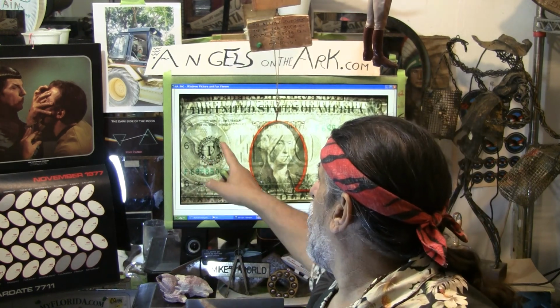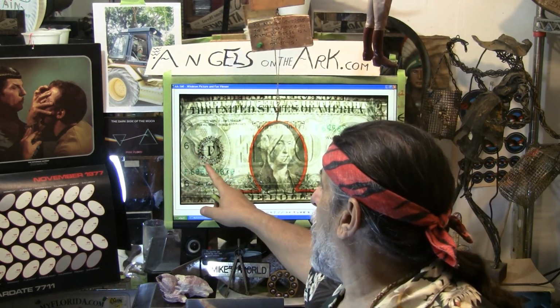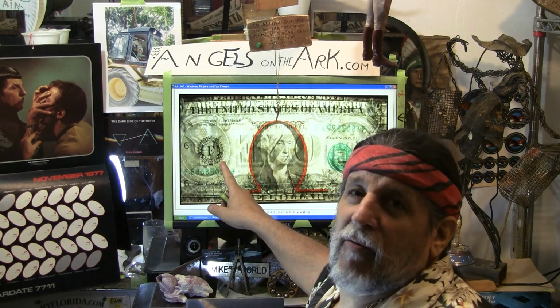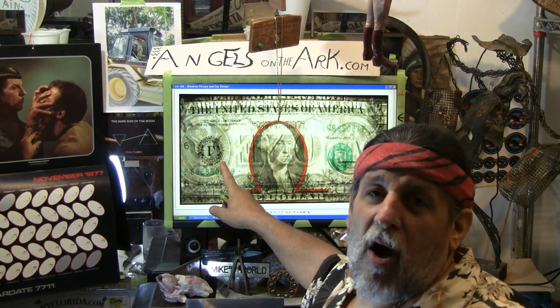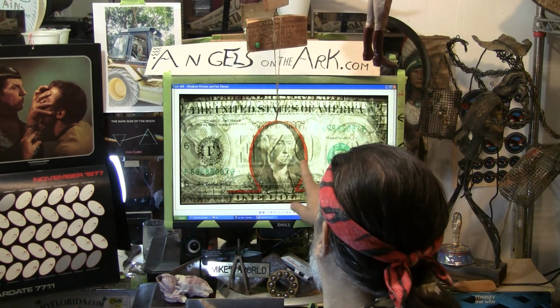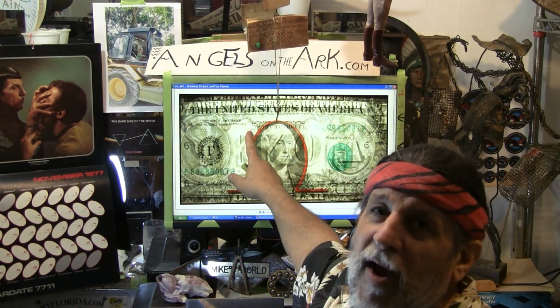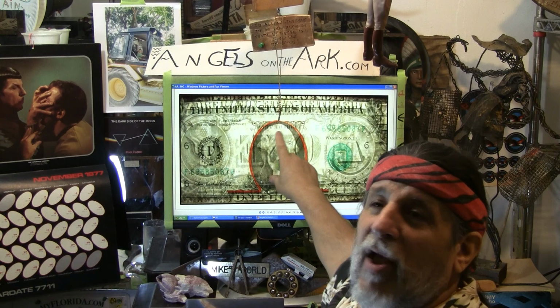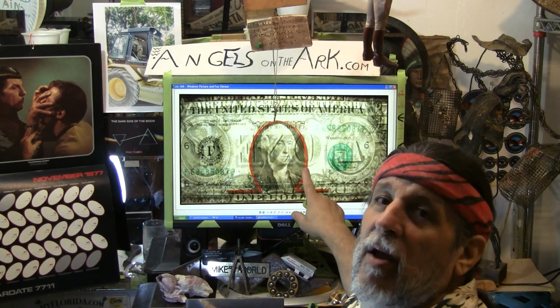For instance, the seal of the Federal Reserve Bank becomes a star, spoken about earlier. The word one, which represents Jesus Christ, now represents George Washington. It's in the